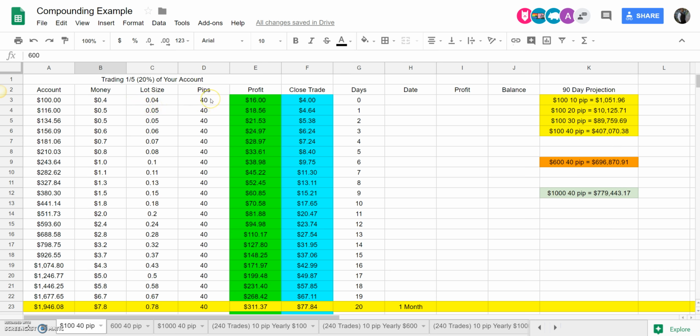Now, this strategy is based on 40 pips per day, 40 pips per day, okay? But it's based on only going after 10 pips at a time. The reason we're only going after 10 pips at a time is because I've done a lot of research, a lot of back study, and a lot of back testing. And what I have found is that